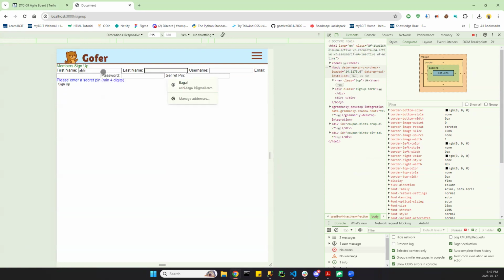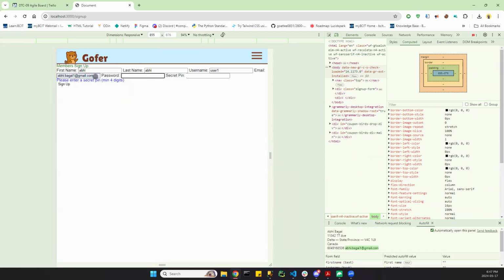Abby, username, user 123. Oops. So the username will be like the user ID, it'll be unique. So if it already exists, it won't let me do it. So for example, username one, email, let's just say that one, password, password, and secret pin, let's just do 1 2 3 4 for now. But if we do this,